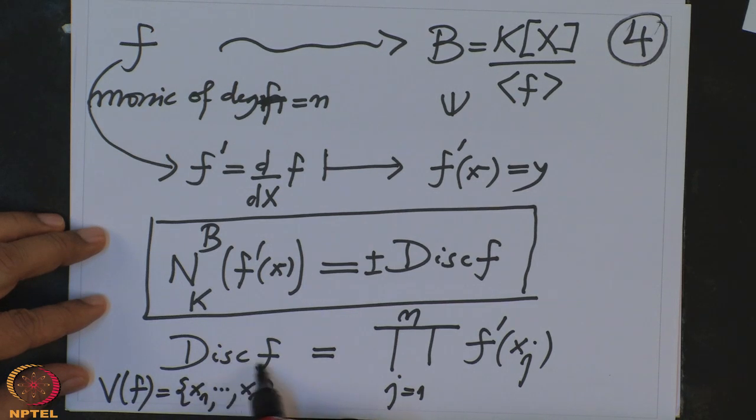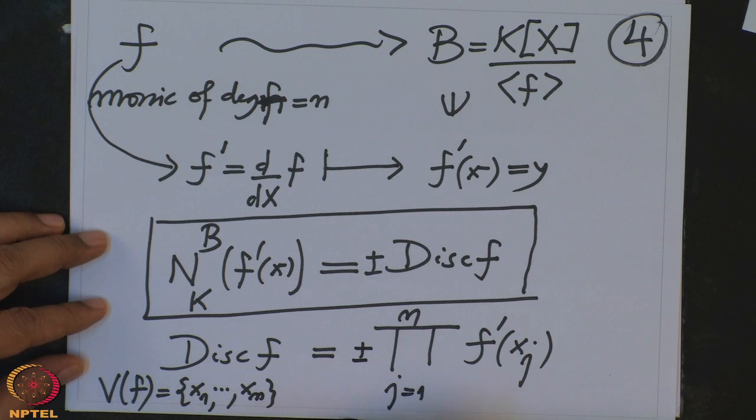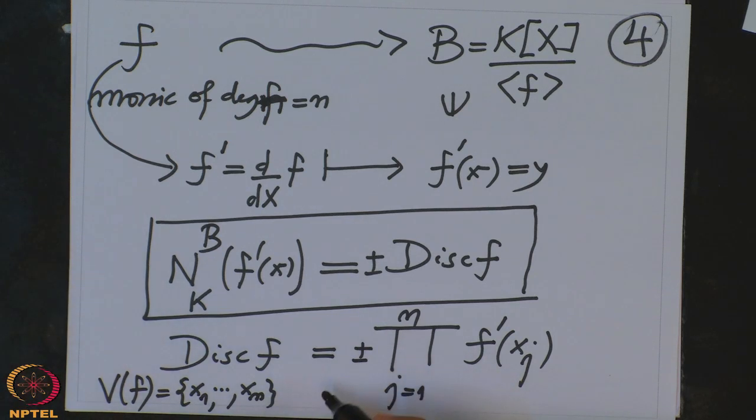It is visible here that if f has a repeated root, then f' will be 0 at some root, and therefore this side is 0. And this is again with a plus or minus sign, so that one can determine the sign just from the determinant side, and so on. So I will not spend more time on the discriminant. That is the way to compute, and one can do the computation for small degree polynomials, degree 3, degree 4 certainly, because you can compute the determinant of order 3 and order 4.